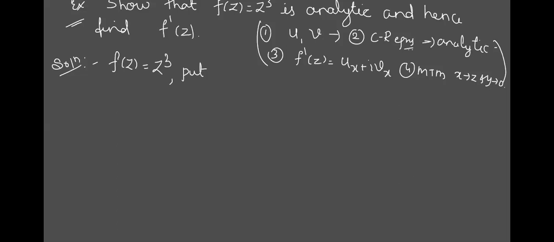Our intention is to find u and v. Okay, for that we have to substitute for z. What is z? x plus iy. So you have to substitute, if there is no problem. If you are having difficulty, you can go for another form. How many z's can you find here on the RHS part? There is only one z, right? So you write it as x plus iy.